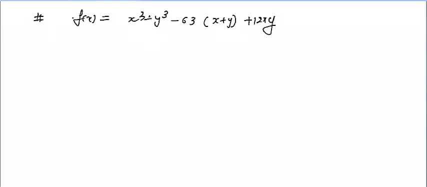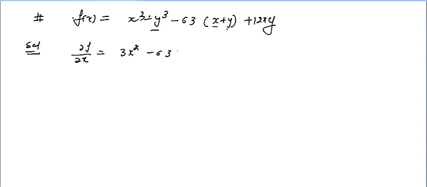So this is the example. You want to find out the maxima, minima or saddle point for this function. So what you will do, first, step number 1, solution: you will find the partial derivative of f with respect to x. The derivative of x cube is 3x square with respect to x. This will be constant, because when you are finding the derivative with respect to x, y will be constant, so this is 0. Now 63, because the derivative of x is 1 and the derivative of y is 0.